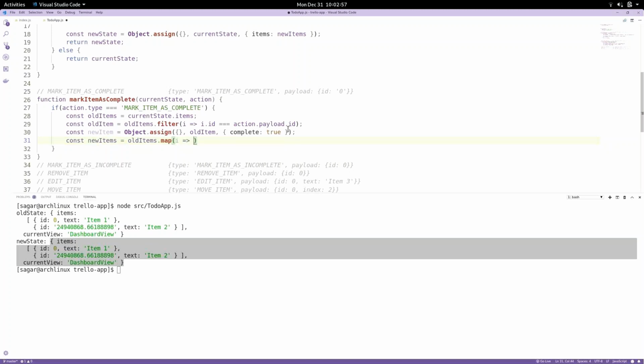For every item, we are going to check if item dot ID equals action dot payload dot ID. If this is equal to action dot payload dot ID, then we have to replace it with the new item. Otherwise,